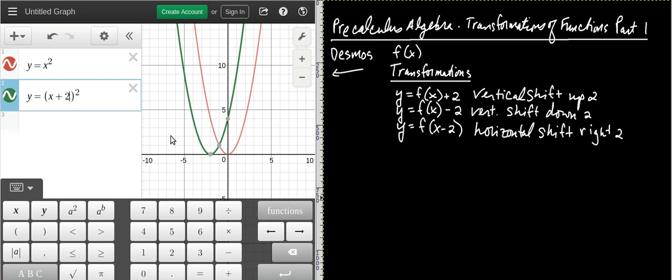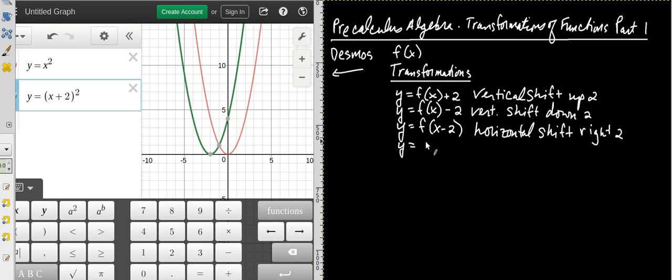And we can see that the green graph is basically a graph of x squared, but shifted 2 units to the left. Generally, if you replace x with x plus 2, that's the effect. So if y is equal to f of x plus 2, if that's the new function you have, then your graph is a horizontal shift of f. F has been horizontally shifted to the left